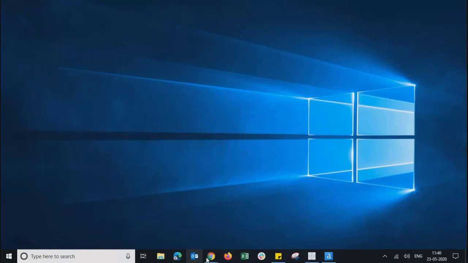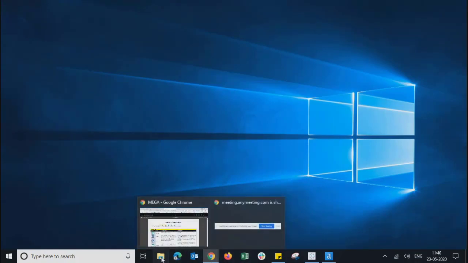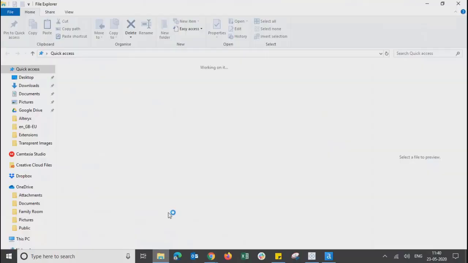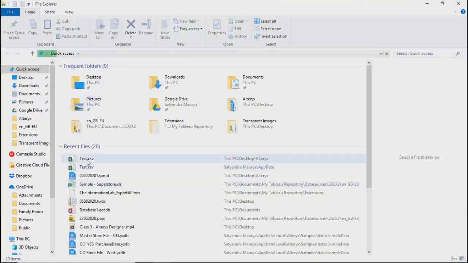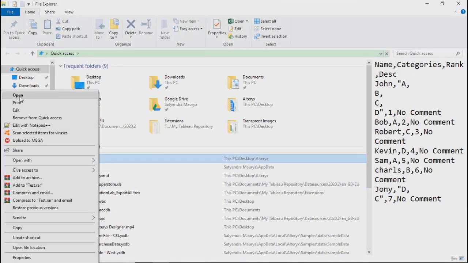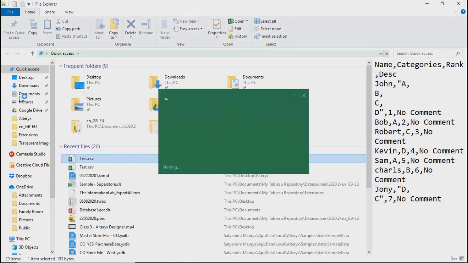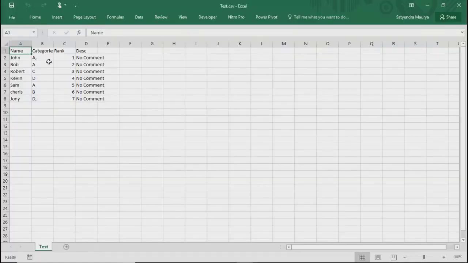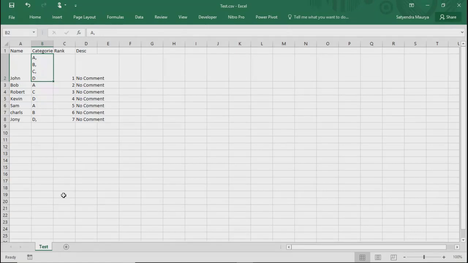If I open that file in CSV format only, let's see what happens. Right, you are getting it perfectly fine over here. But in tools like SSIS and all, it will happen. It will get split because it's comma separated. So all the values which are separated by commas will come into different columns.